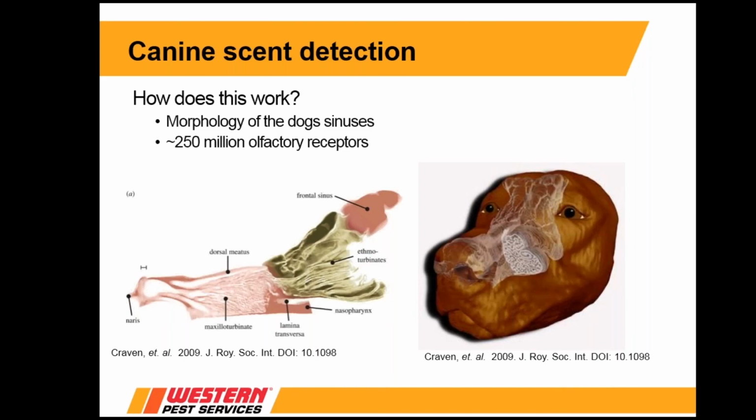All that we do with the scent detection work is the same exact process that's used for bomb sniffing dogs or narcotic dogs. Through positive reinforcement, we're